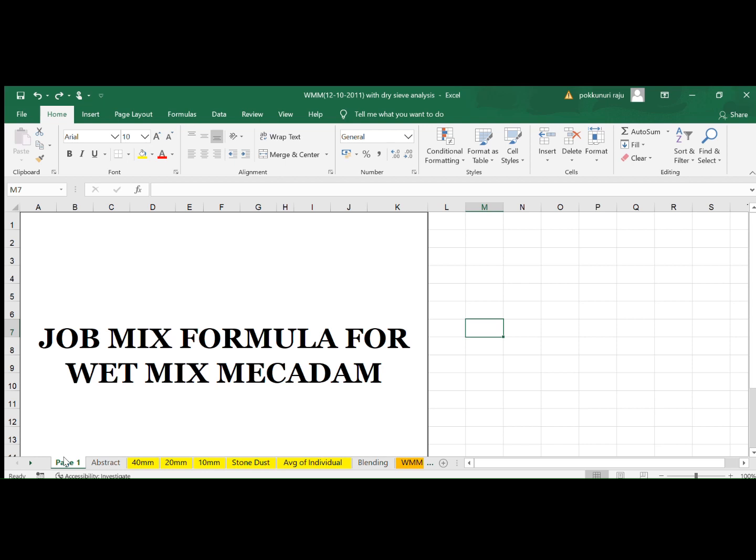So in brief, the logical steps are: first you have to do the individual grading, then make a theoretical combination to get an idea at what percentage the individual aggregates should be mixed, so that you will be able to get the combined grading of the aggregates. Then for the mix, check all the properties which are required as per Table 400.11 in MoRTH.